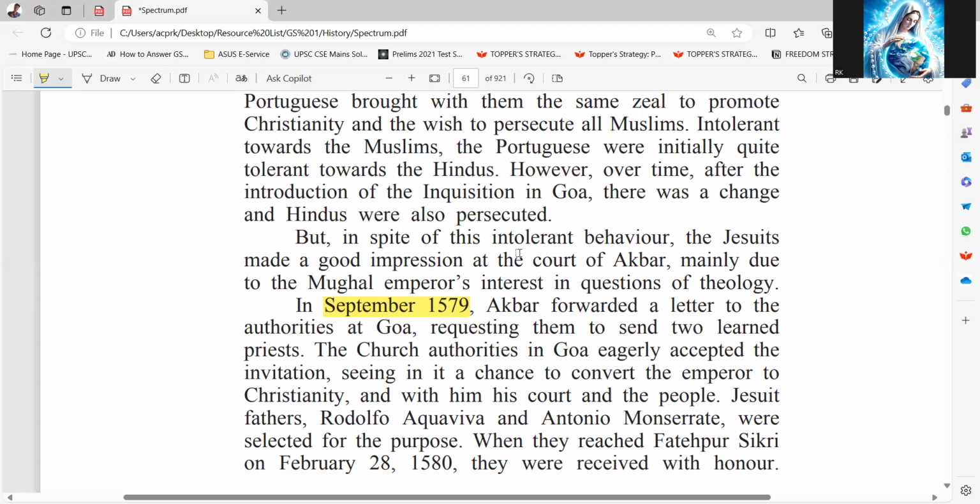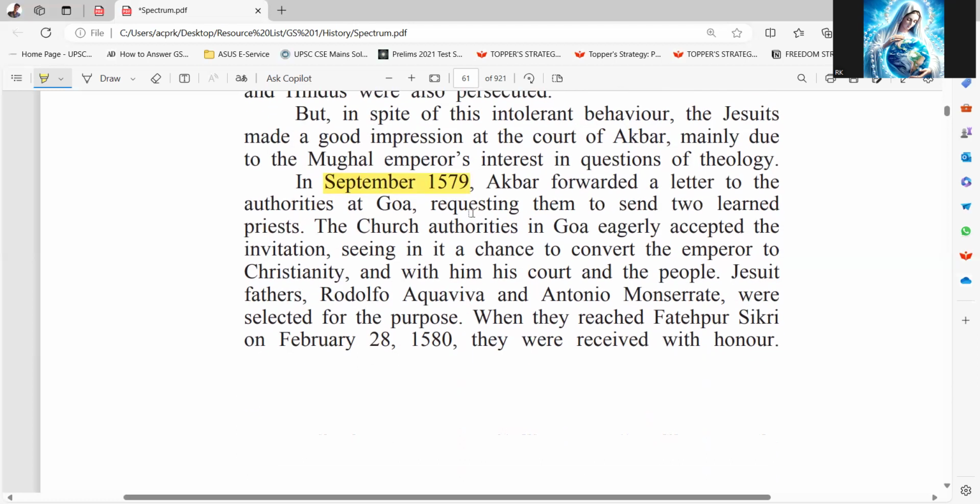But in spite of this intolerant behavior, the Jesuits made a good impression at the court of Akbar, mainly due to the Mughal emperor's interest in questions of theology. In September 1579, Akbar forwarded a letter to the authorities at Goa requesting them to send two learned priests. The church authorities in Goa eagerly accepted the invitation,